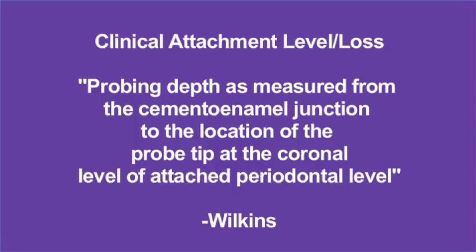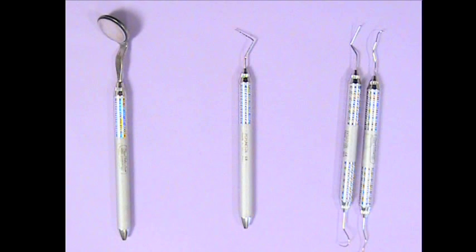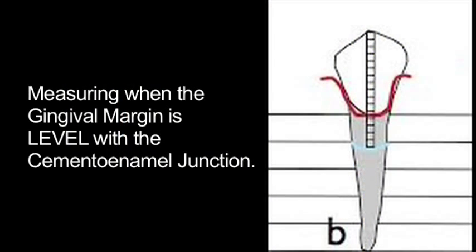or sulcus. This calculation will provide the clinician with more accurate information about the patient's periodontal health status than a probing depth alone. To calculate the clinical attachment level, you will need a mirror for retraction and visibility, the periodontal probe to take millimeter readings, and you may also wish to have your explorers to aid in successfully feeling and locating the CEJ. We will first discuss measuring and calculating the clinical attachment level when the gingival margin is level